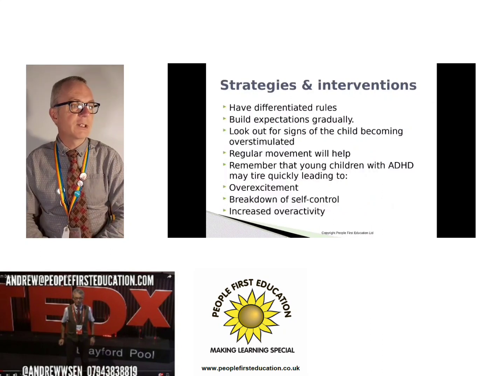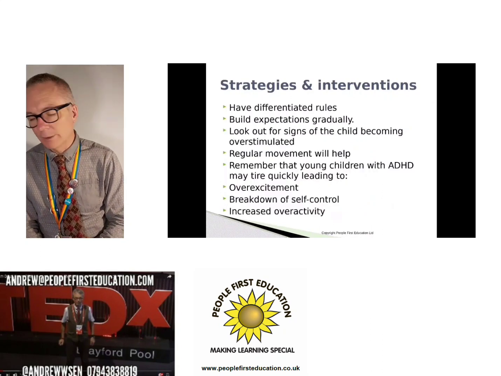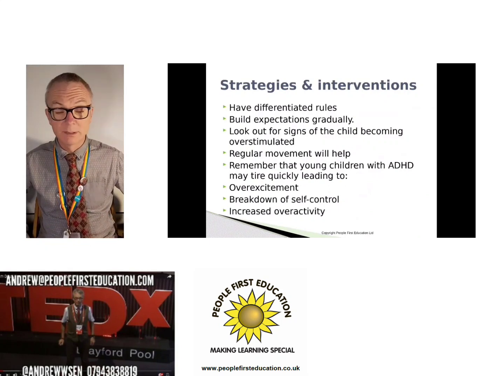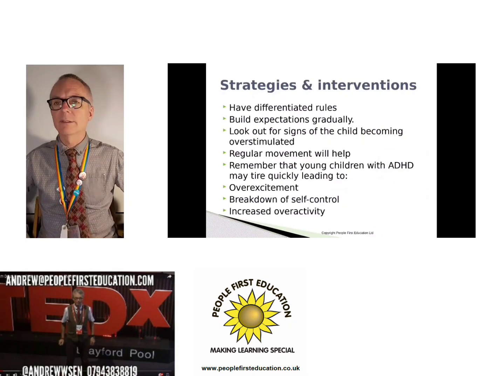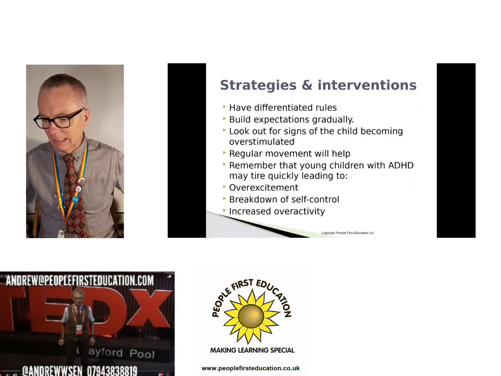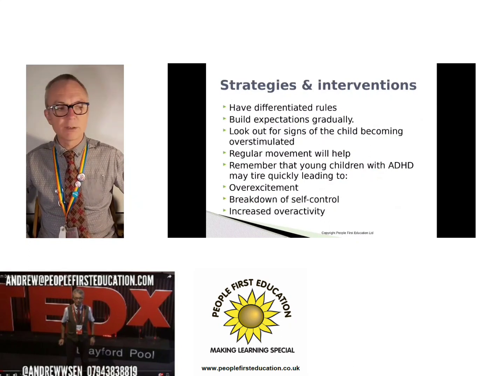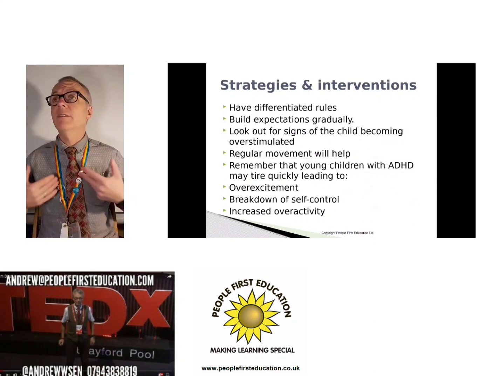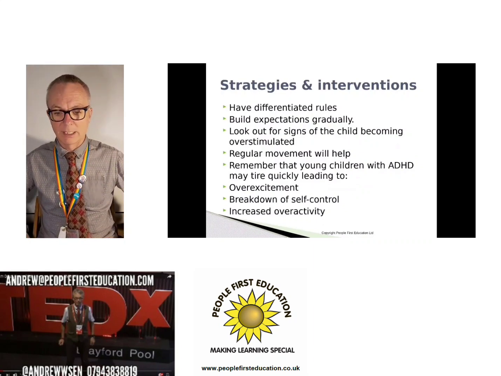Rules need to be differentiated. I've got a really good example that isn't about the early years, but the metaphor is a really good one. I was working with a young man in a school, and he was in year 6, and there was a reward system in place of a special jacket they used to get to wear, and he always wanted to earn that jacket. But his behaviours, up to this point, he never really did get to wear this jacket.